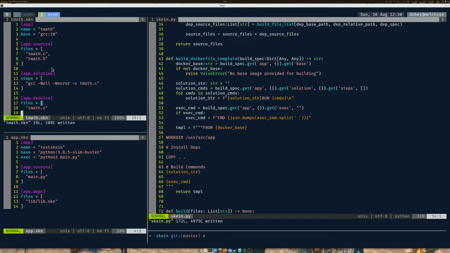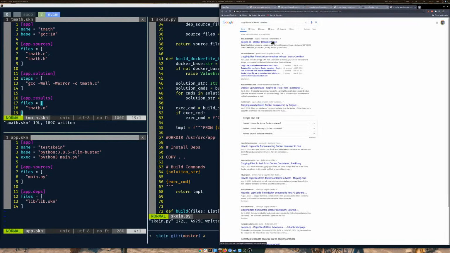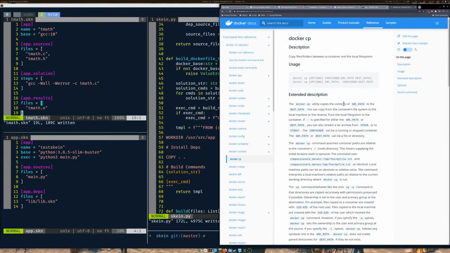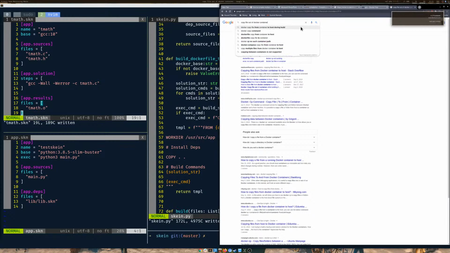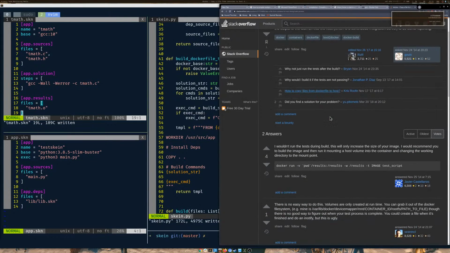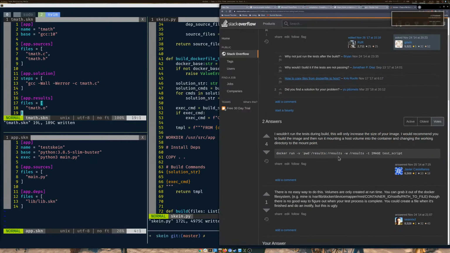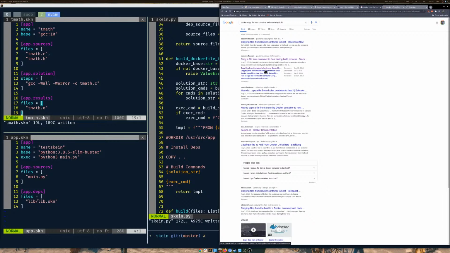the question is, how do you get that tmath.o out of your Docker file? Because we've built it in Docker, now we need to get it out. Copy file out of Docker container. Copy file out of during build. During build is like